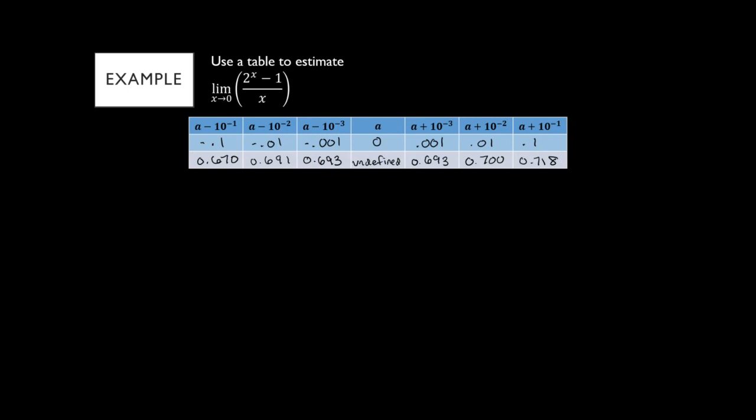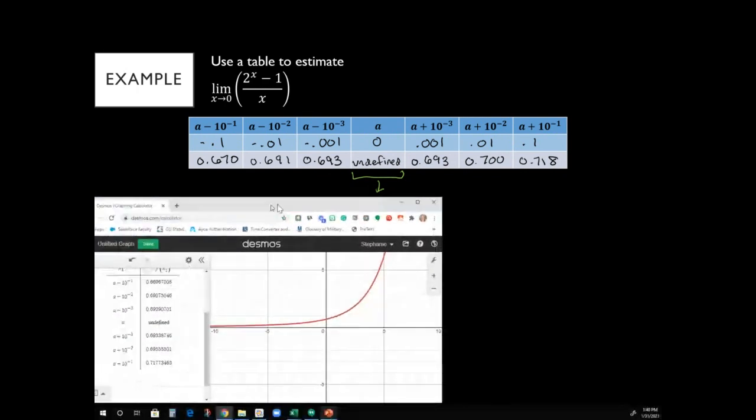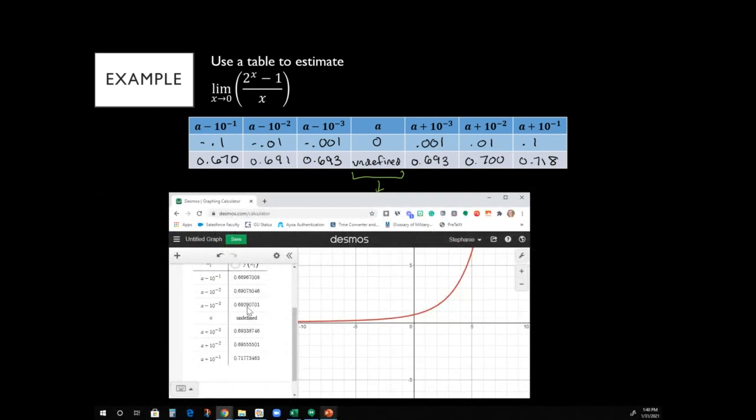So I've rounded my values and we're trying to figure out, okay, what could be in this spot that's undefined. Rounding on the left, we got 0.693. Rounding on the right, we have 0.693. So it seems like, okay, this is probably 0.693 for the limit. Now, if I didn't round to 3 decimal places, let's say that I rounded to like 4 or 5, or let's say you were using all of the digits that you see here,